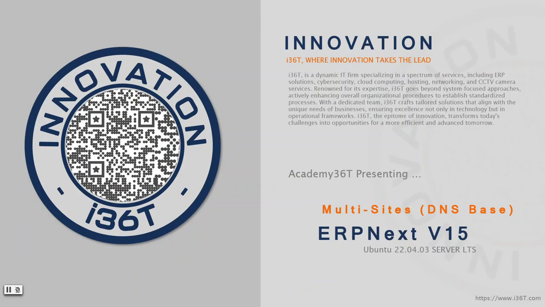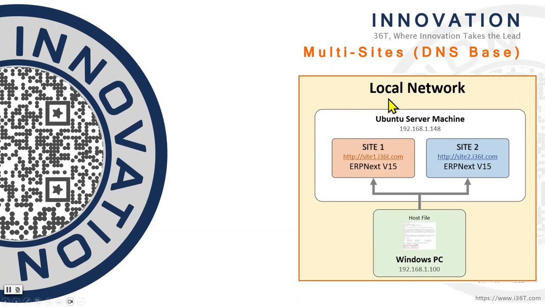Hi, in this session I am going to demonstrate how to set up multi-site DNS based on ERPNext version 15. Let's continue. What basically I am going to do: I have one environment which is a local area network, and in this network I have an Ubuntu server, and on my Ubuntu server I will have two sites, site 1 and site 2,